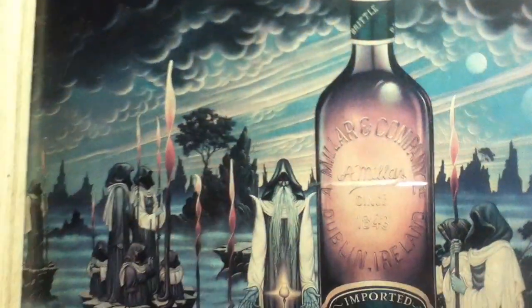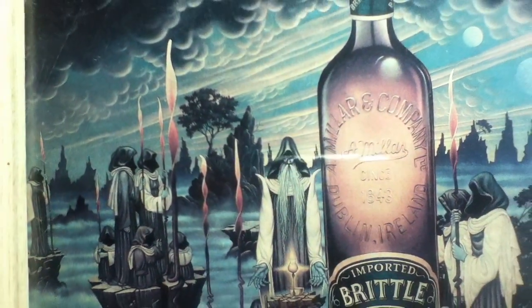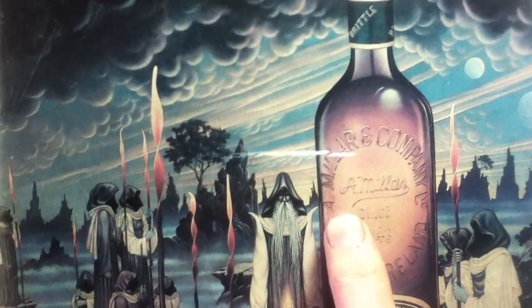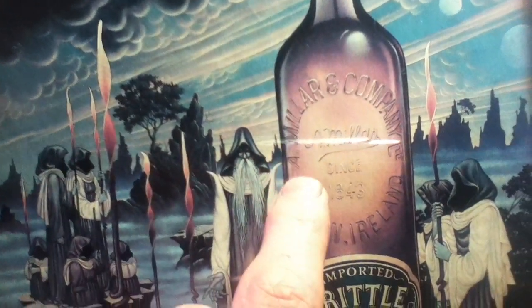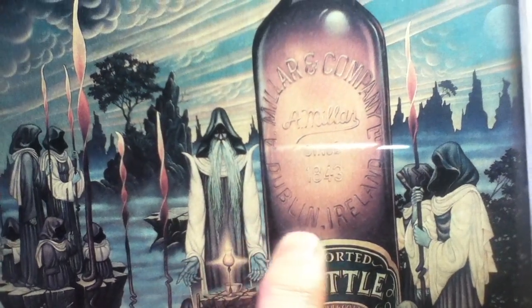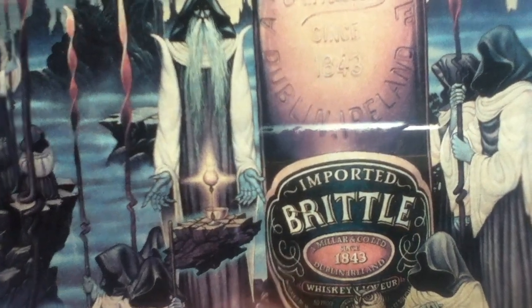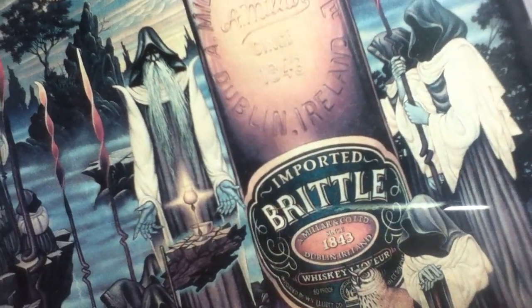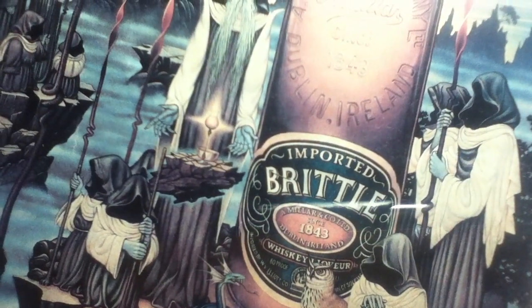If we look at the bottle itself, there's a lot of information here because it was a little bit hard to research this item. There's not a lot out there about Brittle. We can see here A. Millar and Company, A. Millar since 1843, Dublin, Ireland. Imported Brittle. A. Millar and Company since 1843, Dublin, Ireland. Whiskey liqueur, 80 proof. And then we can see here imported by W.V. Elliott Company, and it looks like it gives it a